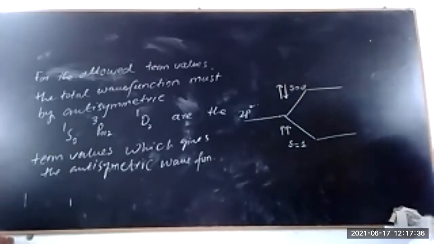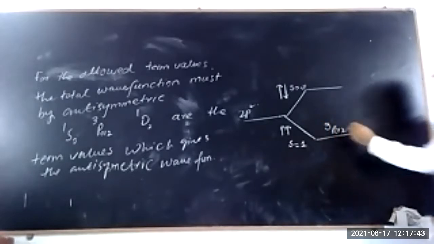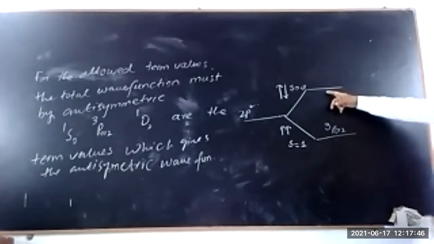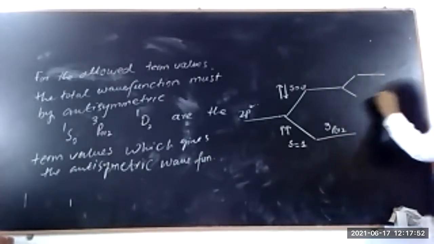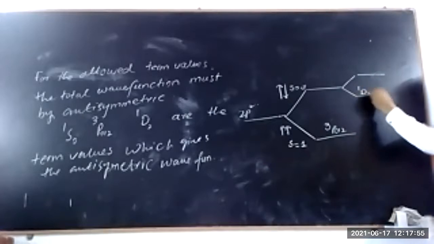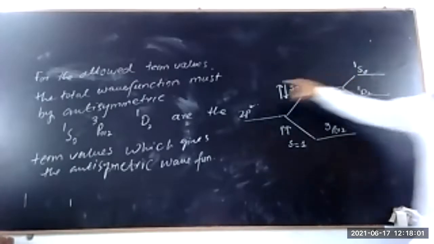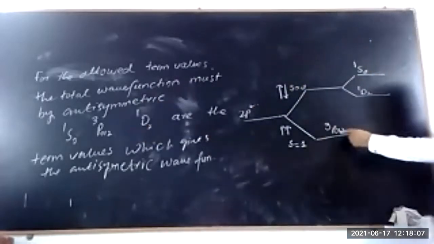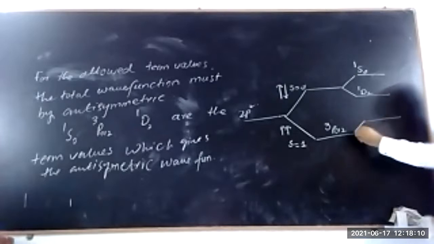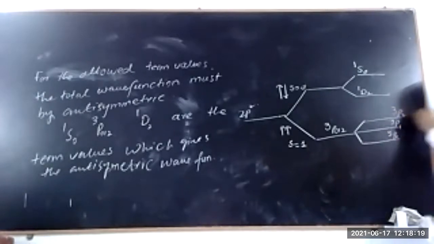अब यहां पे ये देखें, this gives the triplet which we call it as a 3P 0, 1 और 2। और यहां से अगर आप ये देखें कि इसमें दो लेवल्स आ जाती हैं, एक है 1D2 और दूसरी है 1S0। ये सिंगलेट है 1D2, 1S0। अब यहां पे ये देखें, इसके तीन है, this is called 3P0, this is called 3P1, this is 3P2।